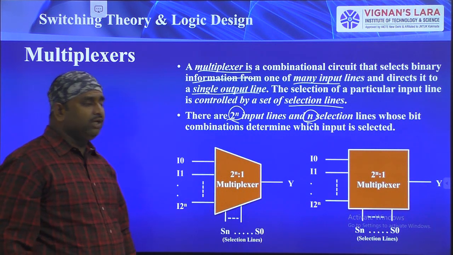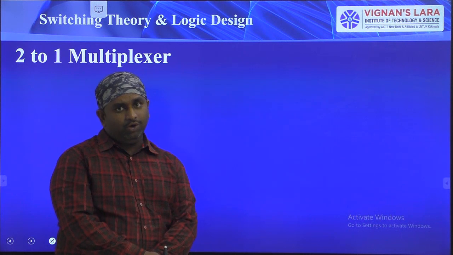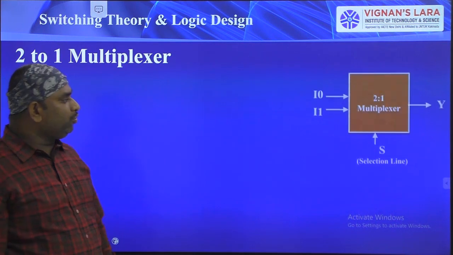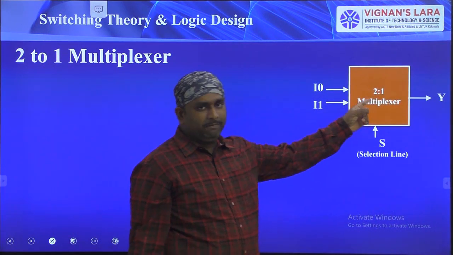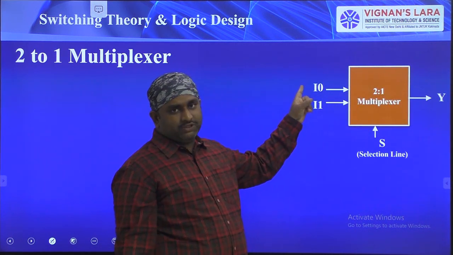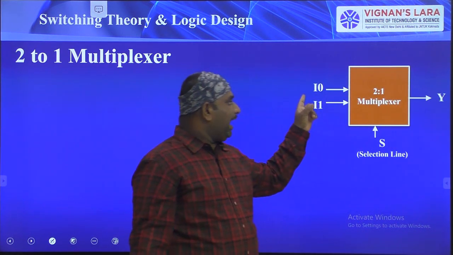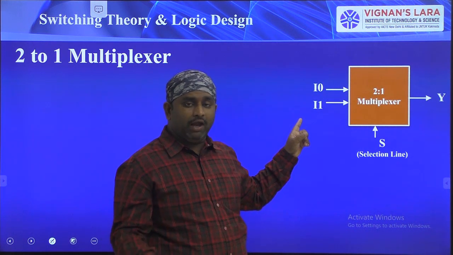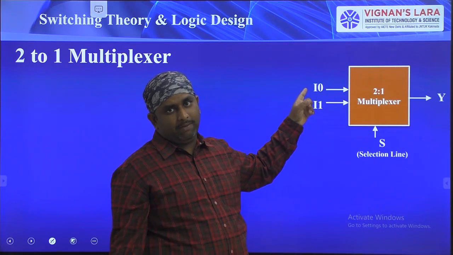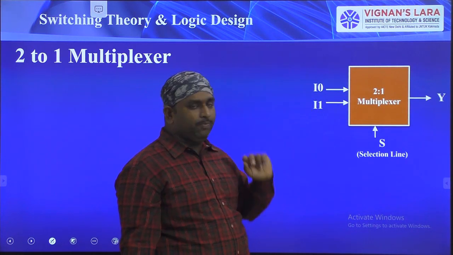Okay, right. Next we will see the 2 to 1 multiplexer. What is the operation of the 2 to 1 multiplexer, and what is the logic diagram for it? The name itself says that 2 inputs and 1 output are available. The 2 inputs are I0 and I1, and finally the output is y. I0 may be 0 or 1, and I1 may be 0 or 1. So don't bother about that. One input is I0 and another input is I1.